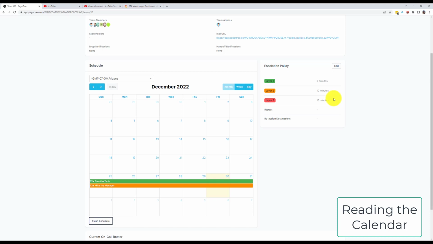Note, if there are multiple people on a layer, it will wait until all the users have rejected the alert before auto-escalating. If for any reason a user cannot respond within the timeout period, but the timeout period elapses, PagerTree will auto-escalate the alert. So in this example, when the alert is assigned to the team, Tom the Tech will